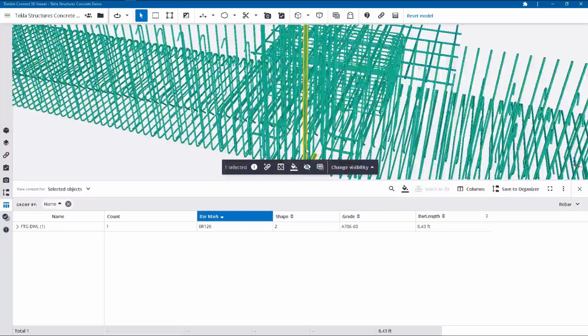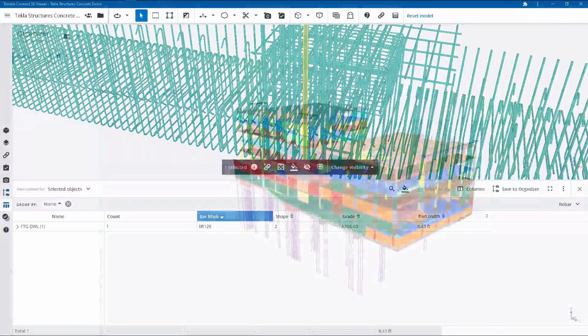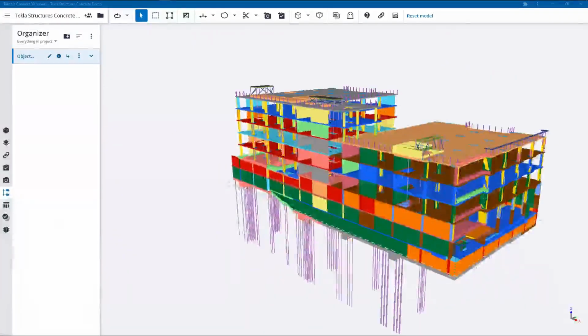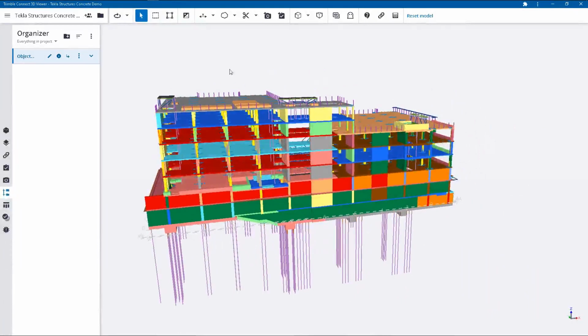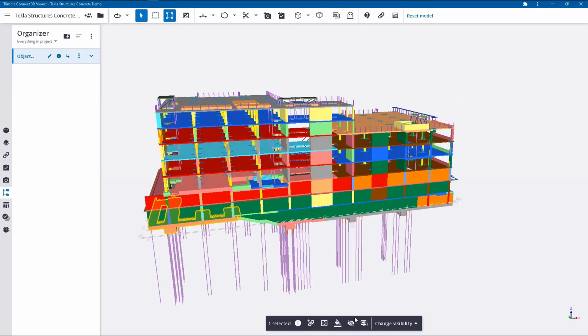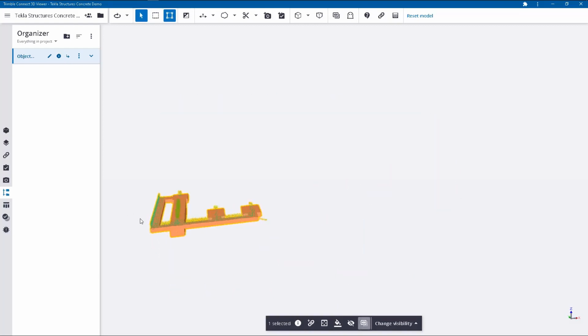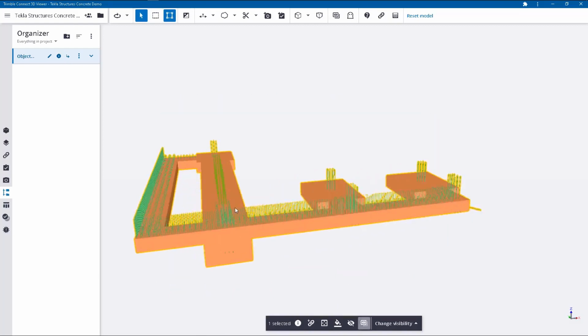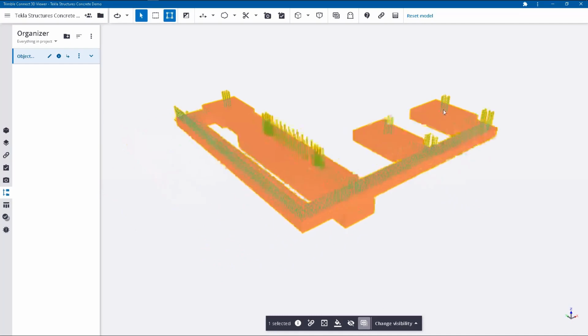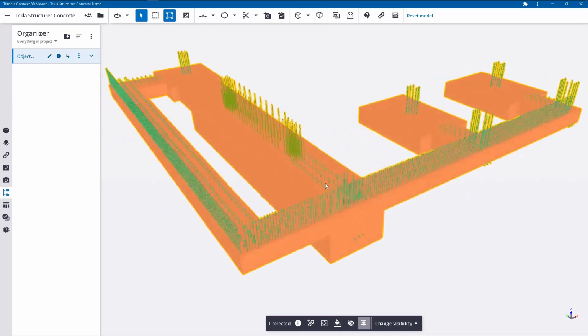So if we've numbered and then exported to Trimble Connect, that information can be reported here, and they can double check against the 2D documentation you've created later in the process and execute the work with confidence. In addition to reporting, the organizer can also help us navigate around our model as well, in conjunction with the views we've already created. Now, we saw how we isolated some of our pours and reinforcement contained therein, and